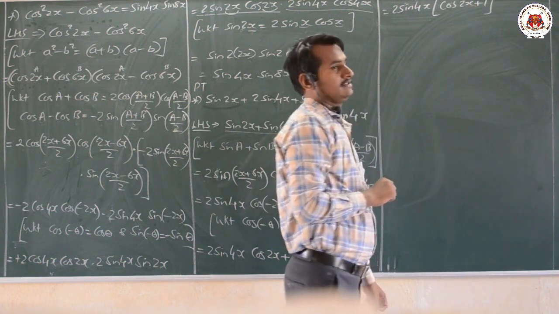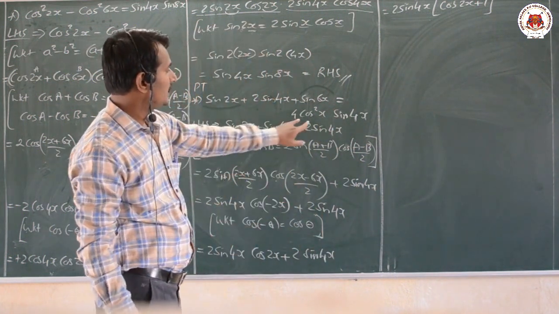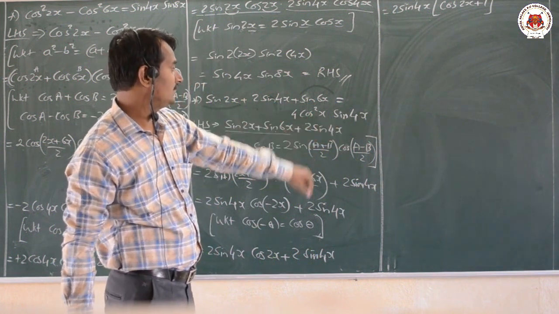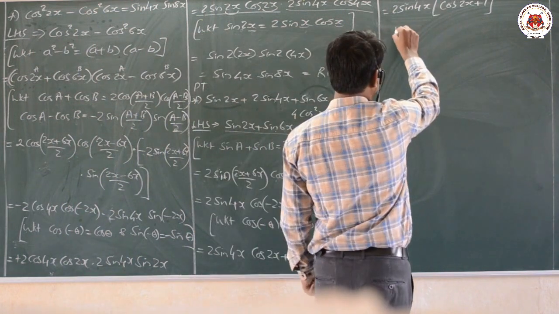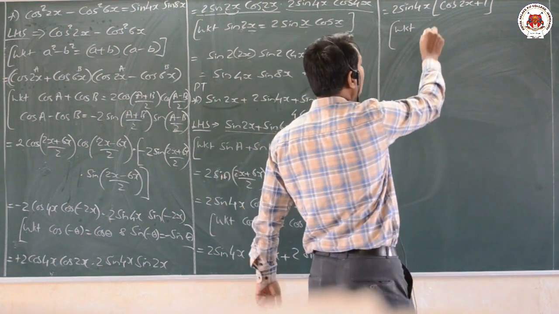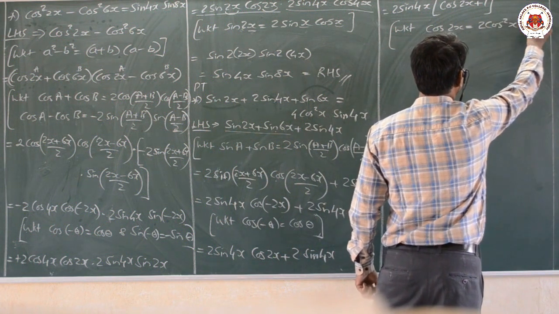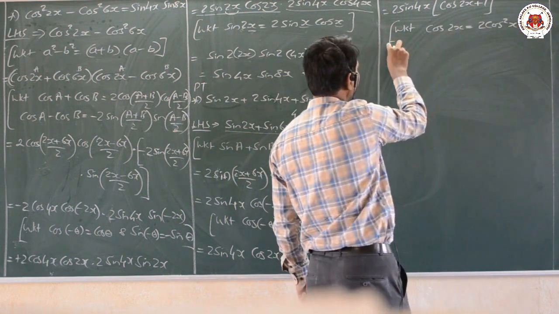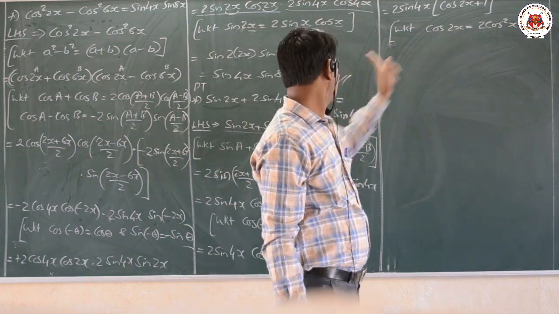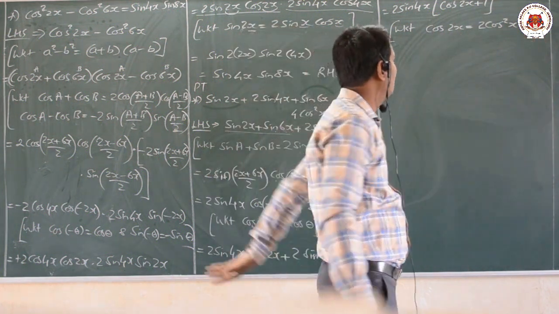Now, what are the formulas for cos 2x, and what do we actually require here? Since sin 4x is there and 2 is also there, I just need to find this value, cos square. We know that there are 4 formulas for cos 2x. Among those I will make use of cos 2x equal to 2 cos square x minus 1. There are several formulas. Why? Because I require only cos square here, that's why I am making use of this. If I required sin square, I would have used 1 minus 2 sin square there.